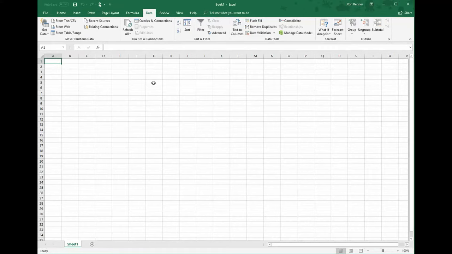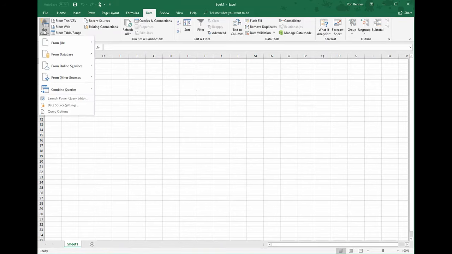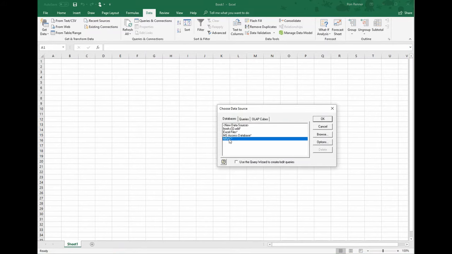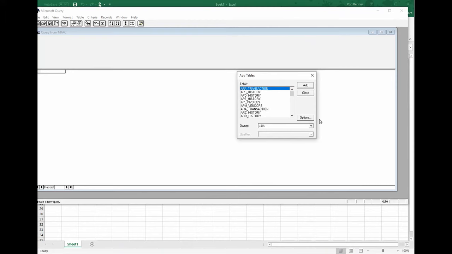I'm in a blank Excel worksheet, and we're going to create a query by going to Data, Get Data, choose our source. We do this through Microsoft Query. It asks us which database we want to connect to. We want to connect to our Interac database, and if we had multiple companies, they would be listed below. Next, we are presented with the choice of tables within Interac, and I'm going to choose the accounts payable vendor table, and also I'm going to choose the invoice table. I'll close,